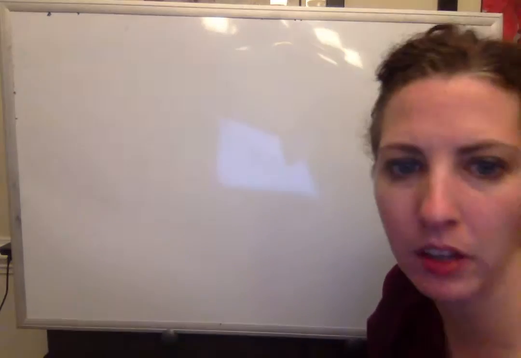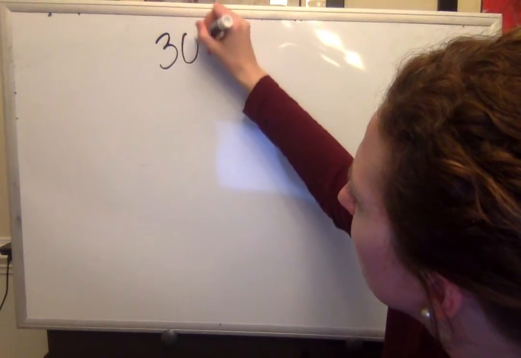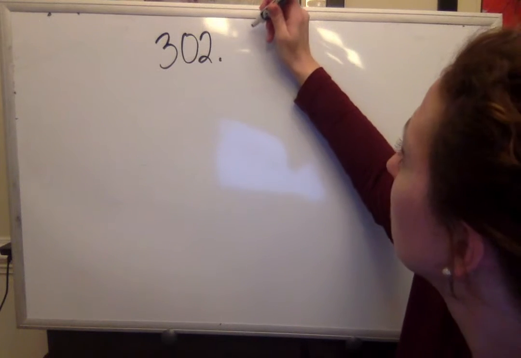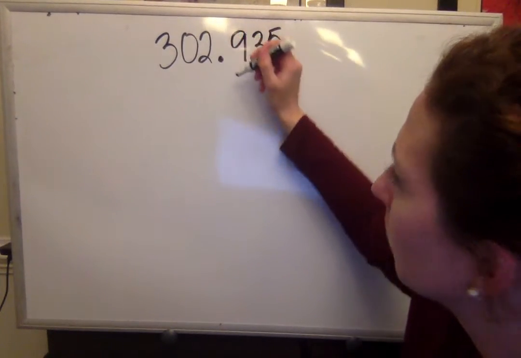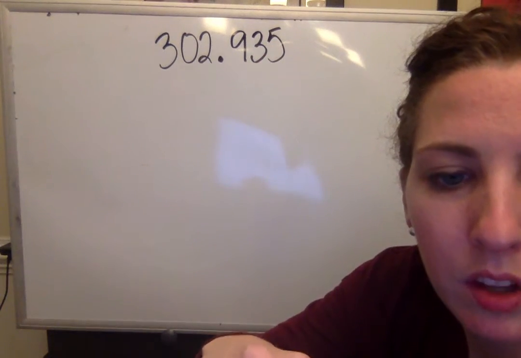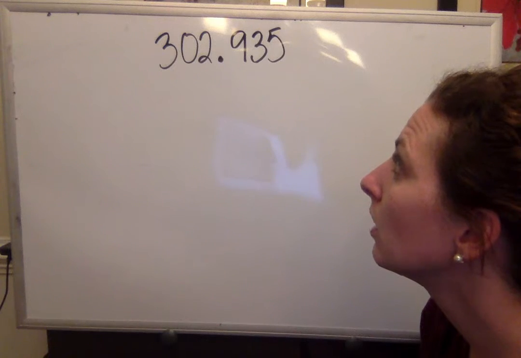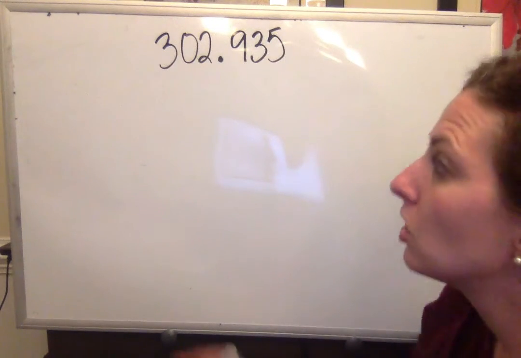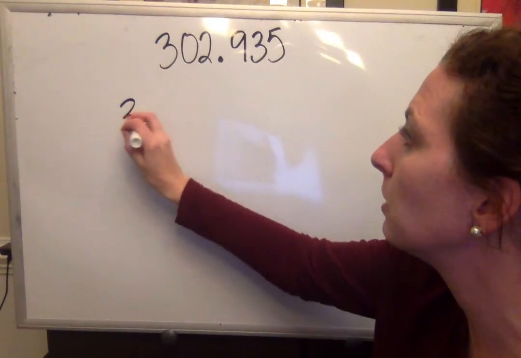Let's try a bigger one. Okay, 302 and 935 thousandths. So I got my 3 in my hundredths column, so I know that that's going to be